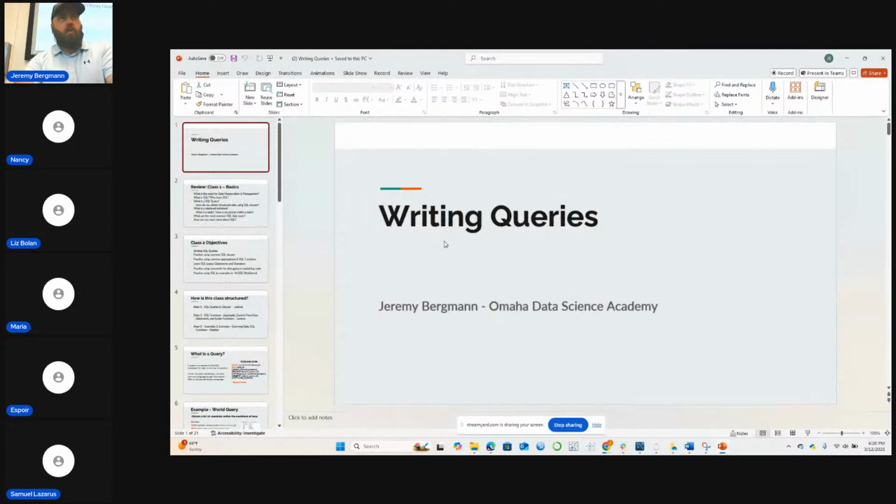Class in SQL 101 and data manipulation and management. This class is writing queries. So this is the second class of the 8 classes I will go through in this course. In this class in particular, you'll start to learn how to use the SQL programming language to be able